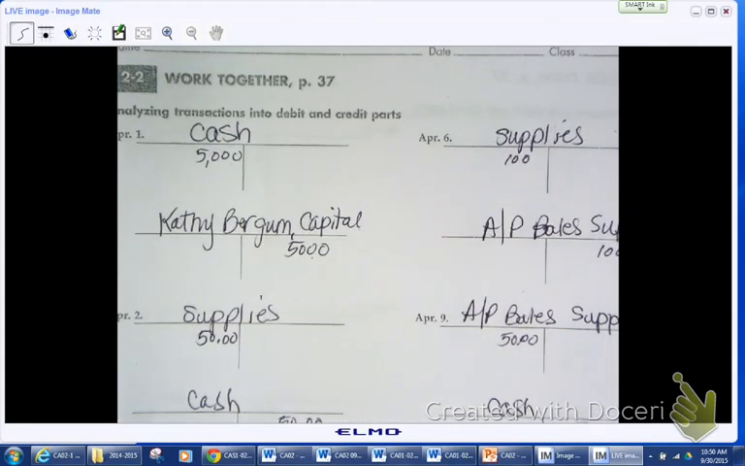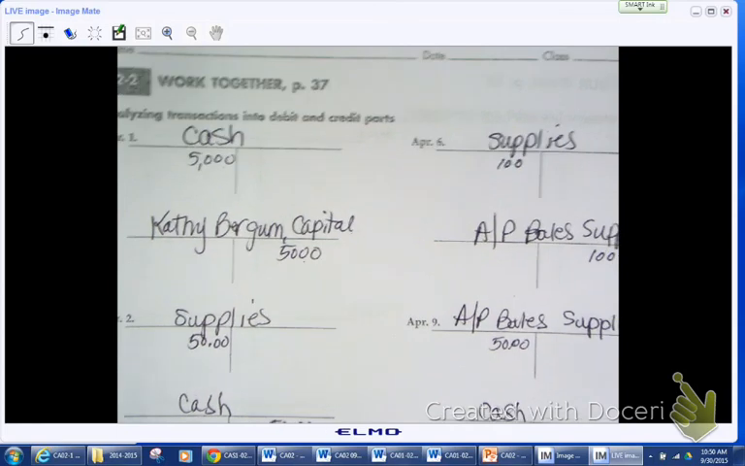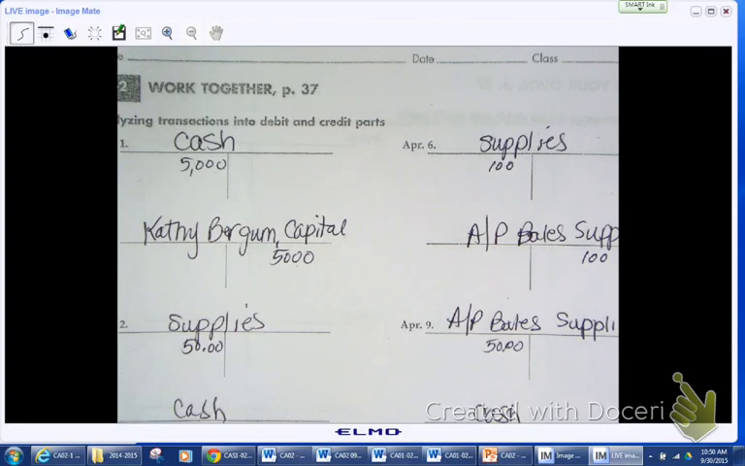You will always remember to put the account that you think will debit first, you will put that T account first. If you have any questions, please email me at